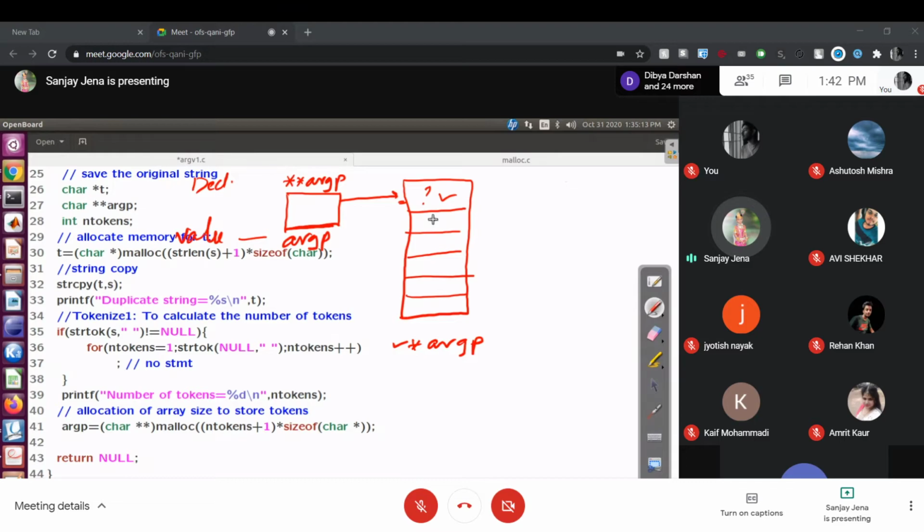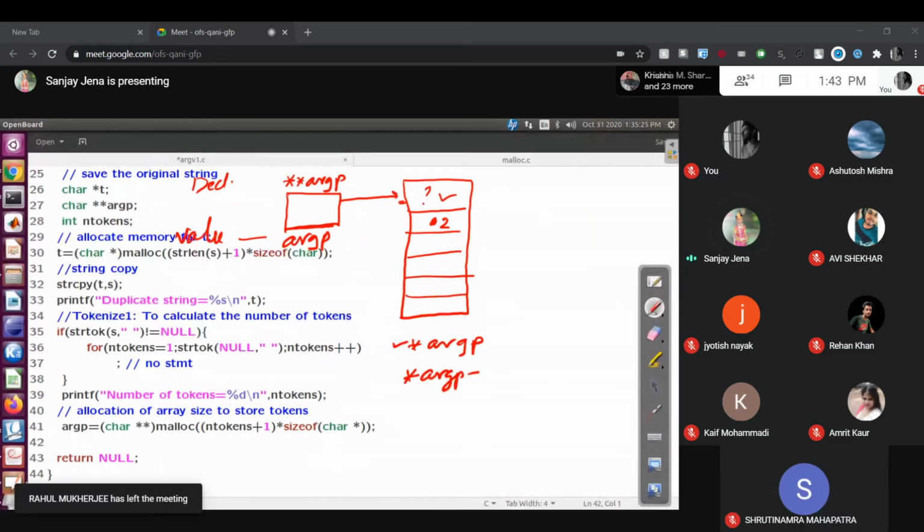Value at this. Now, star ARGP plus 1. Why star ARGP plus 1? Star ARGP is the base address.